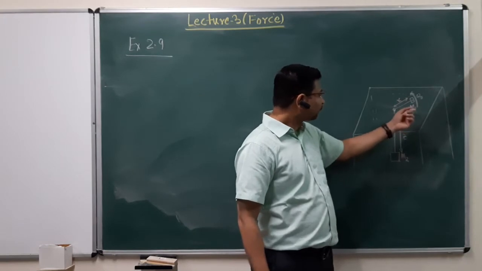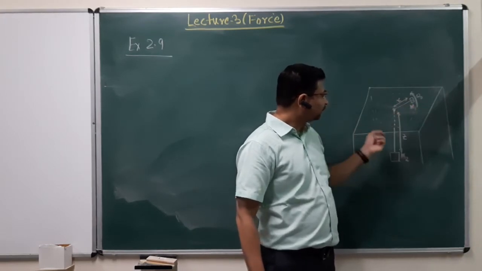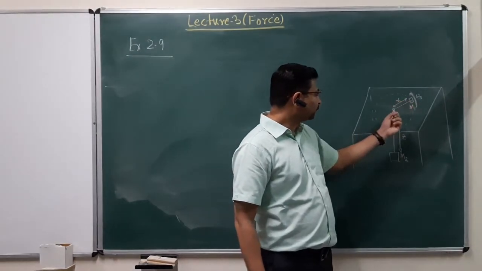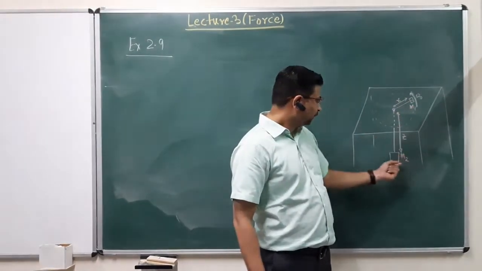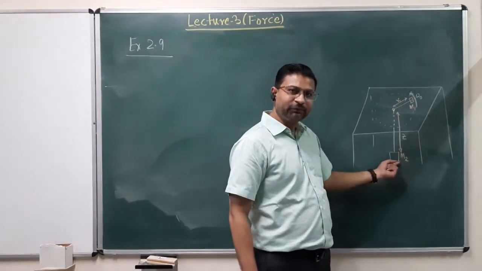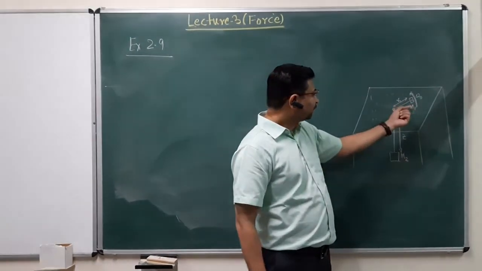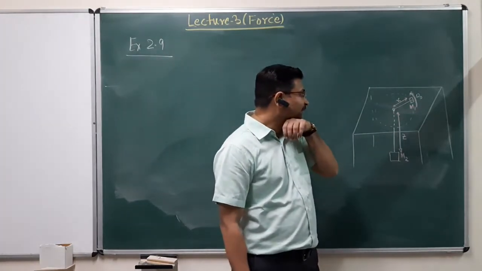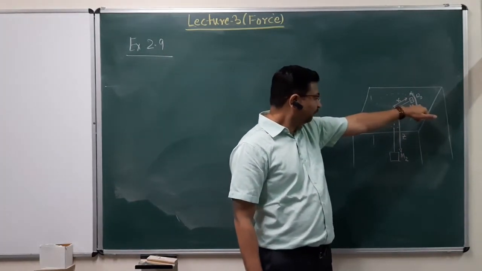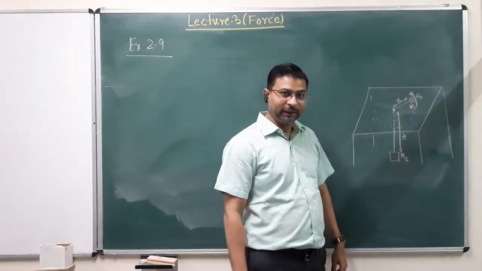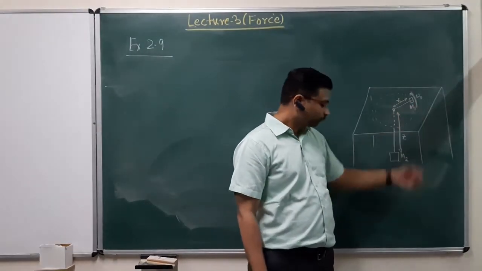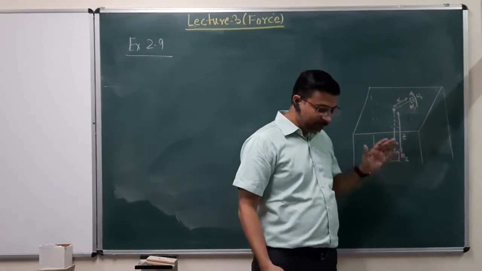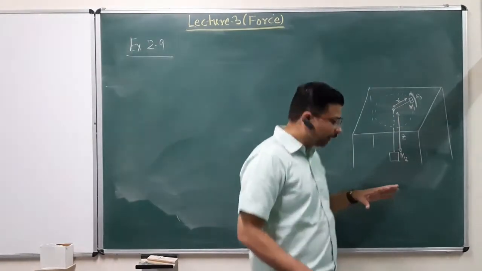a constant length L. Mass m1 is resting on a table top, and the string runs through a central hole on the table such that mass m2 hangs freely under gravity. This mass m1 is now making a circular motion on the surface of this table at t equal to 0 with constant angular velocity omega naught at a certain distance r naught, and the system is being preserved in this condition at t equal to 0.